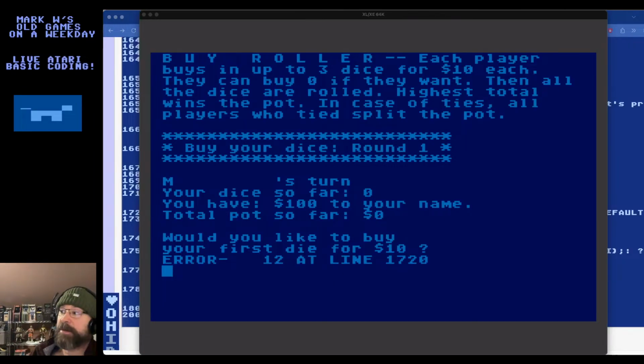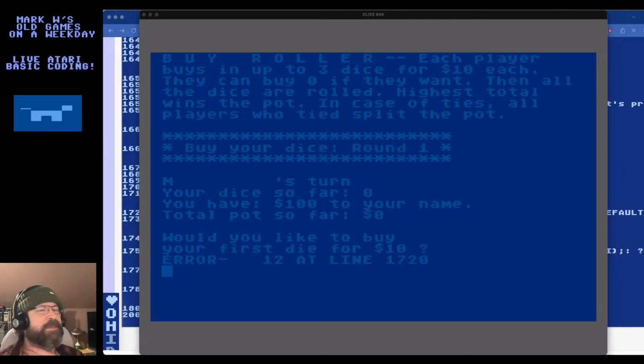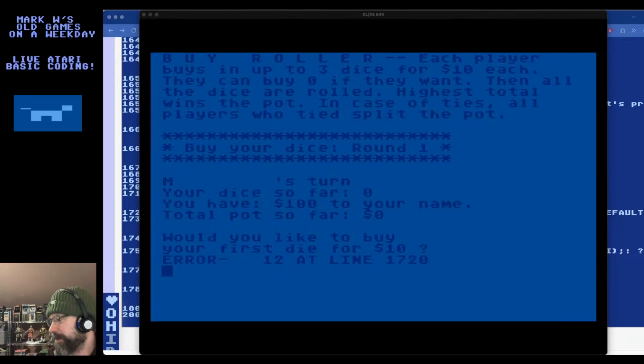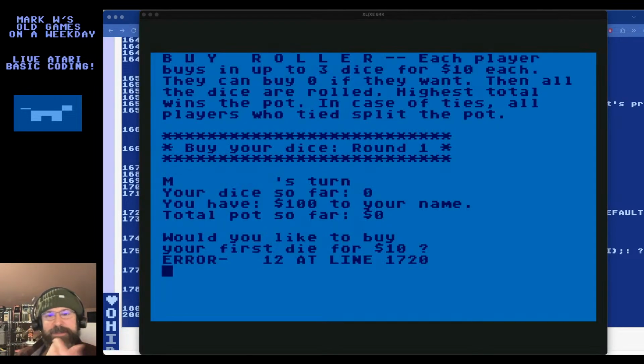I may change that, by the way, to maybe 5 rounds or so, but up to 3 rounds, so that you can put in up to $30 and roll 3 dice, and that way this gives you a little bit of a decision to make. Like, do I really want to put in more money to increase my odds of winning? And all the money that's spent on these dice becomes the pot, and whoever wins gets the whole pot.